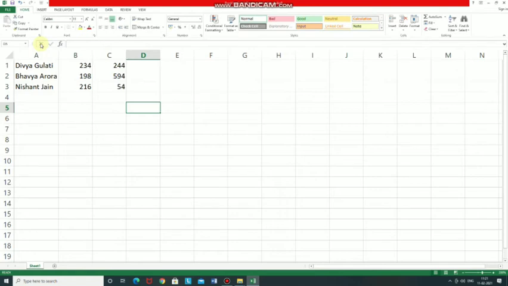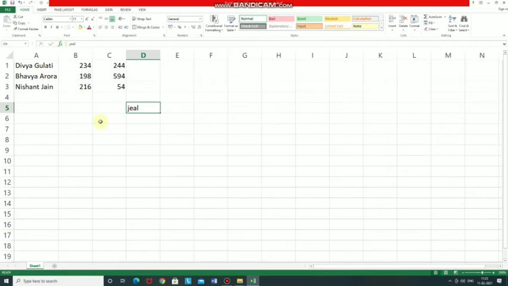Then the right sign button is called the enter button. So again I am typing some data. Then clicking this button is equivalent to pressing the enter key. So if I click here, you can see the data is entered in this cell. And then this third button is called the insert function button. The use of this button will be discussed in higher classes when you are using any functions or formula in Excel.